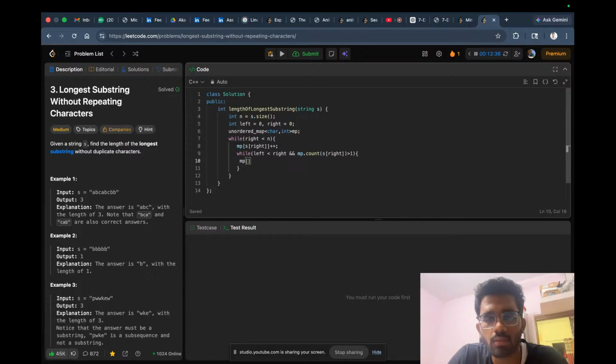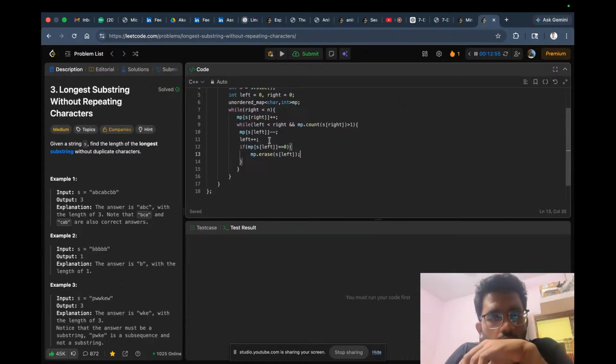से। mp[s[left]], तो इसमें लेफ्ट हो जाएगा हमारा प्लस प्लस, और if mp[s[left]] is equal to 0 तो mp.erase(s[left]), ठीक है। तो mp.left हो गया, ना अगर ये mp.left हो गया है तो यहाँ से बाहर आ जाएगा। अपना काम बच रहा है यहाँ पर कि मैंने तो इसको इंक्लूड कर लिया।